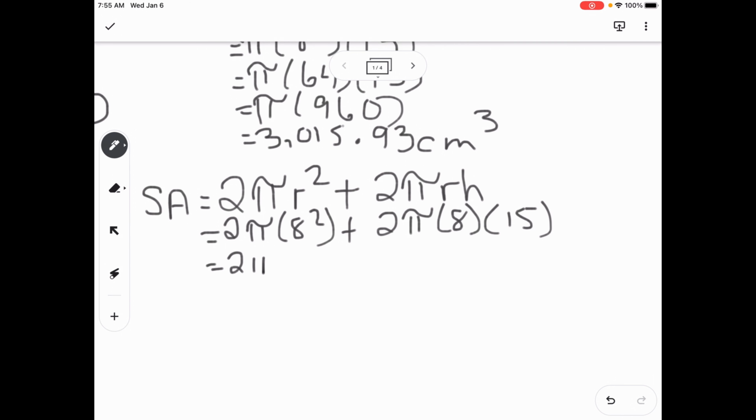We know that in 2 pi r squared, 8 squared is 64. And then I'm going to combine 8 and 15 to get rid of that bracket on the one side. So 8 multiplied by 15 is equal to 120. Now we have to make sure that we solve on either side of the addition sign first before being able to combine them. So we're going to go 2 times 3.14159 times 64, which gives us